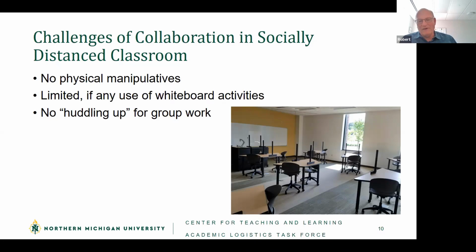I don't have off the top of my head all the details, but we certainly have more access to PPE. And so if you were using models, for example, or shared equipment, then I would expect that you would ask students to wear gloves. We do have wipes that can be used to wipe down models. We have a recommendation from our technology group for how to clean sensitive equipment, electronics, and we have